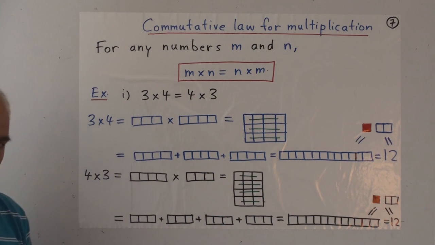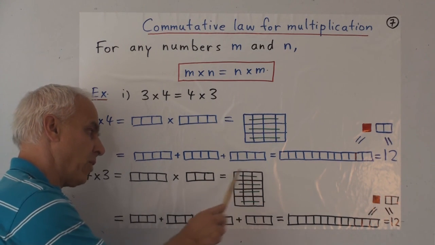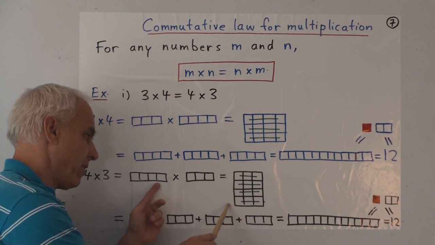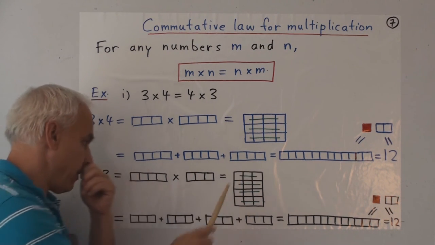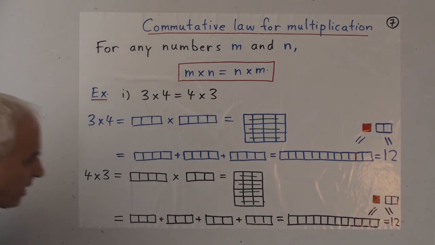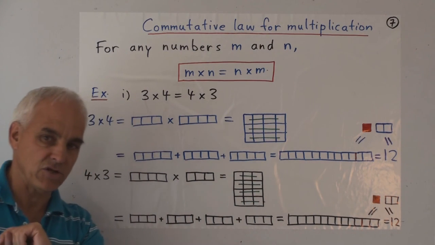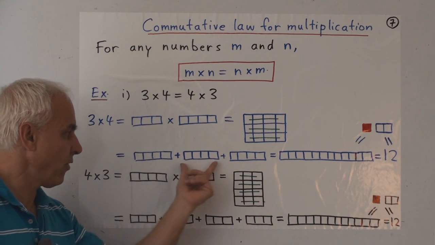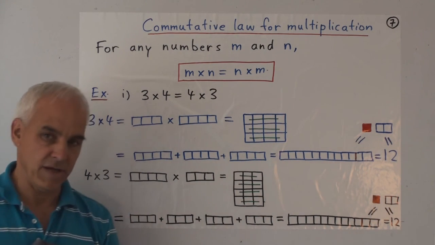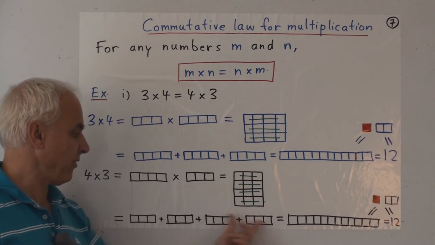What is 4 times 3? Well, it's the same kind of story. Now we have 4 here times 3. We have to make a rectangle which has 4 rows, the first number, 3 columns, the second number. It's a different shape from the rectangle that we had there. We think about its rows. Now there are 4 rows with 3 each. Here we had 3 rows with 4 each. Here we have 4 rows with 3 each. So that's another way of thinking about what 4 times 3 means. It means 4 groups of 3, or 4 lots of 3. 3 plus 3 plus 3 plus 3.